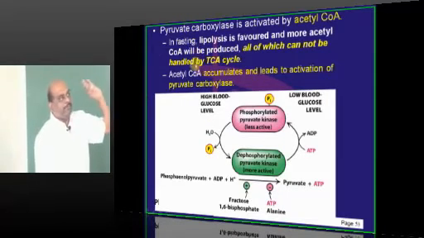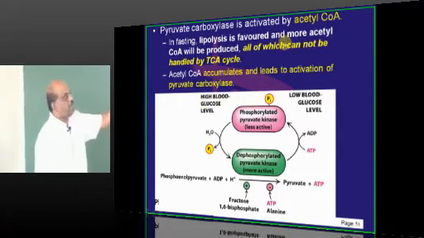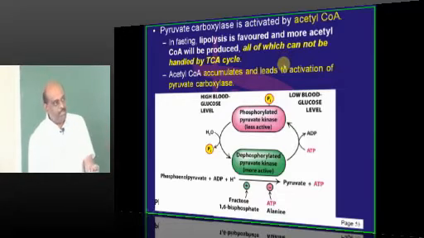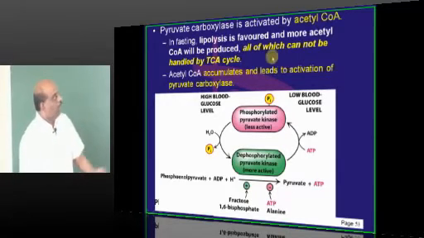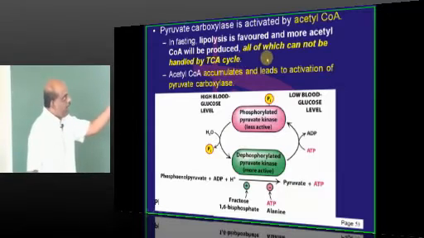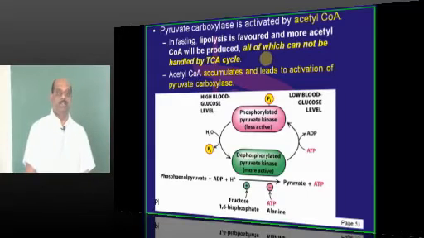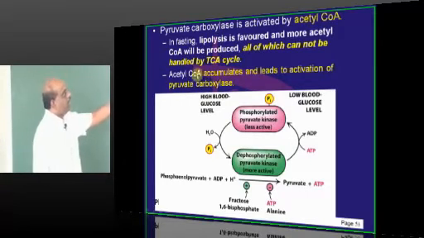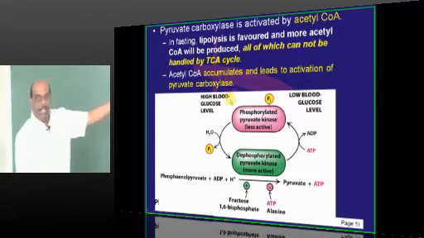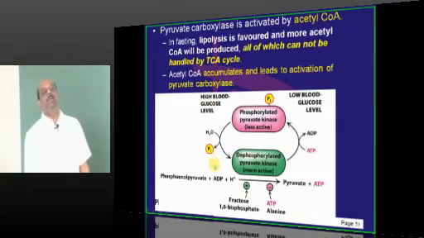So when you are fasting, lipolysis will be favored because of the low insulin levels, which will cause the release of so much acetyl-CoA that the citric acid cycle can't use it anymore. So that acetyl-CoA will accumulate, and that leads to the activation of pyruvate carboxylase, which is what you have to